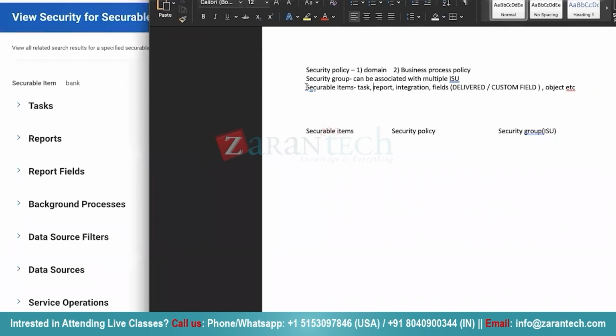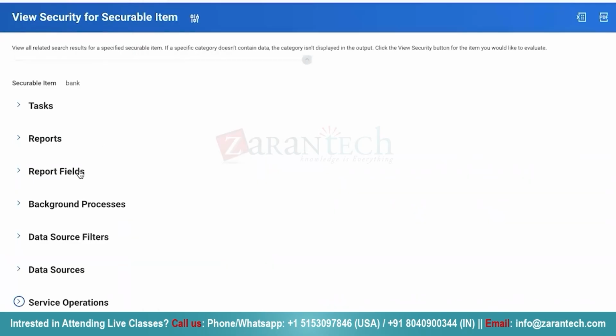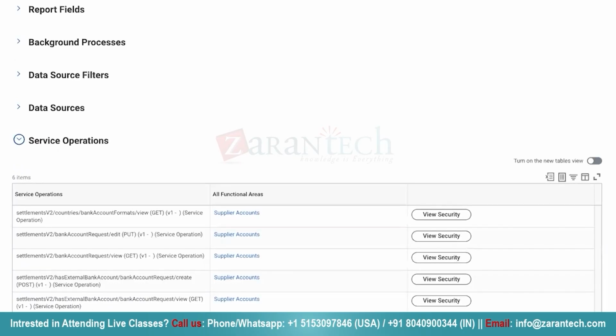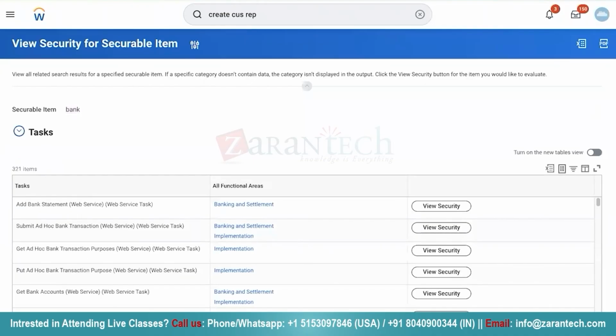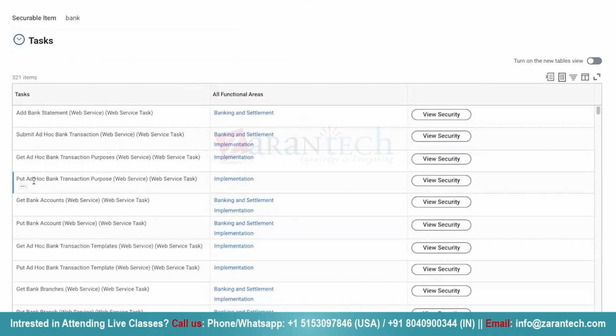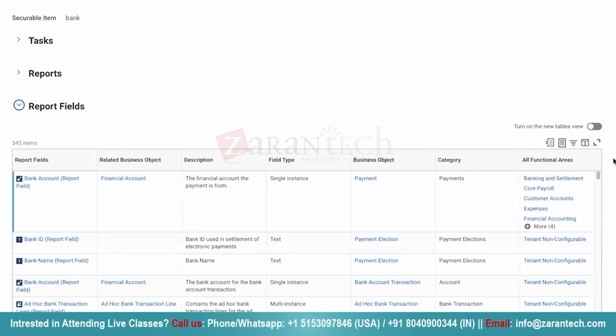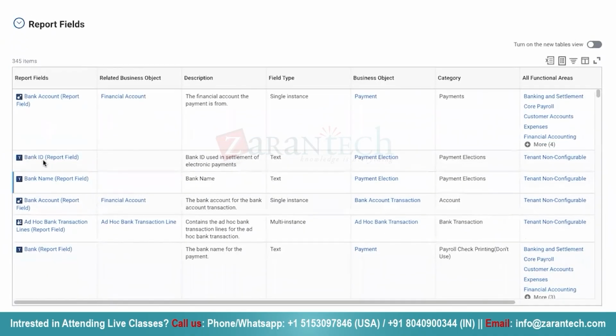So securable item is nothing but any task, any report, any field, background process, data sources, data source filter, service operation. Service operations are nothing but the API calls, right? So the moment I gave "bank", see, so many tasks are there which have a keyword called bank. If I open the field, and I want my bank ID one, see, this is here, bank ID one,